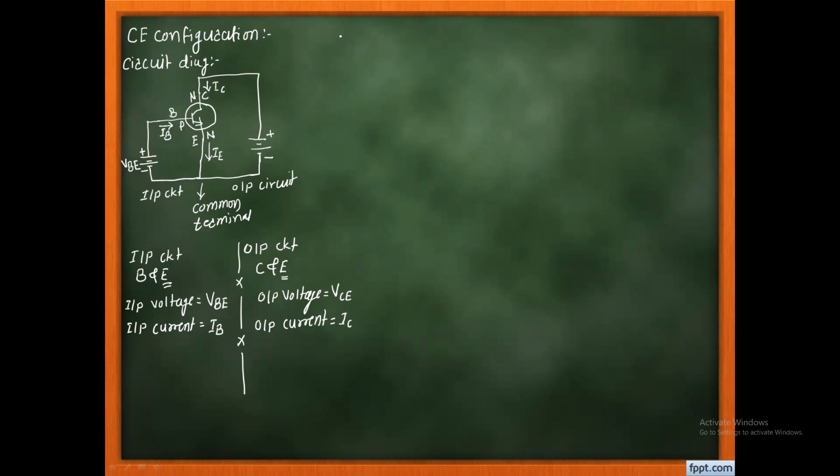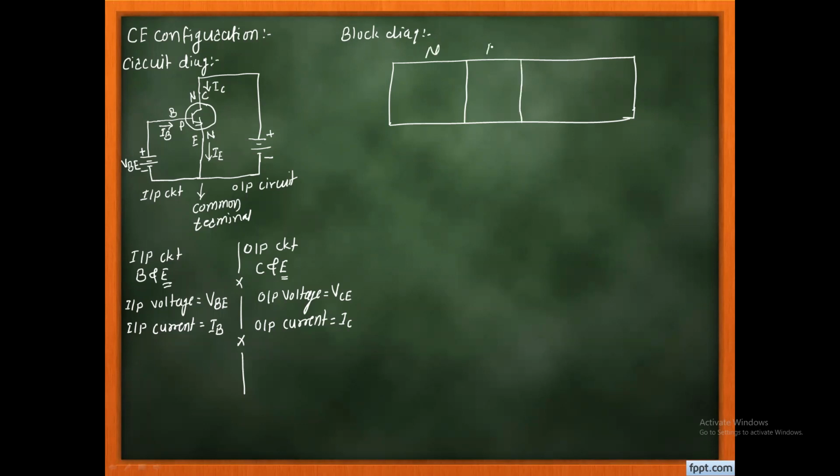Before that, let me try to explain with the block diagram. Now all of you, please concentrate here once again. If I consider the block for an NPN type of transistor, purposefully I will take a little bit bigger diagram. Here I say this is the N region, this is the P region, this is the N region. This terminal acts as the emitter, this will act as the base, and this will act as the collector.